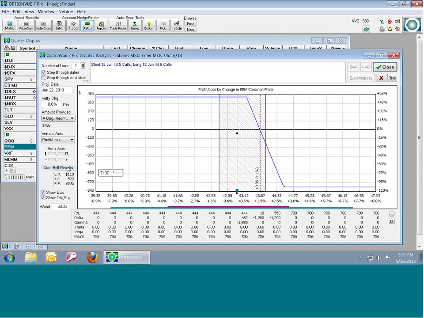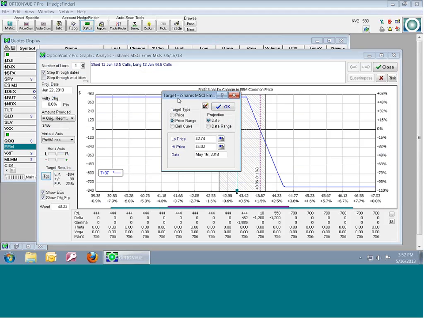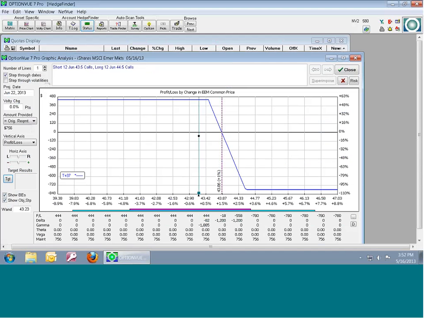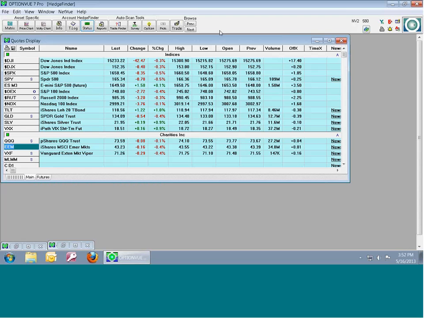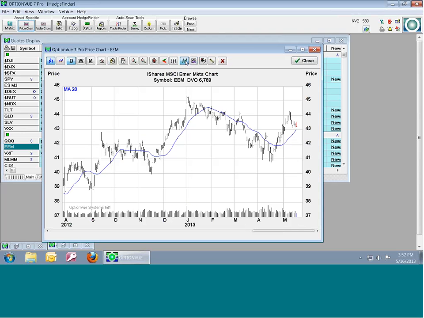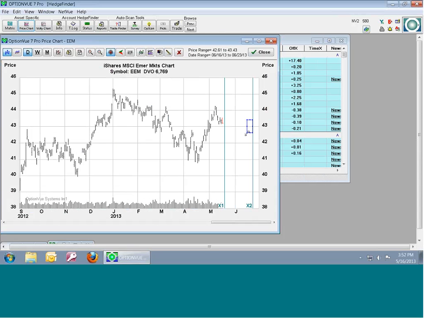Now if I switch back to the target results, you'll see there is a TGT target button. It shows what I have set as my target. If I want to get rid of it, I could just switch it to something or delete out the prices and just say, okay, now it's gone. Now, there's a number of places you could set that target. One is in the price chart. Get rid of these indicators, and there is a bullseye here. And I can drag this out and say, oh, here's my target for